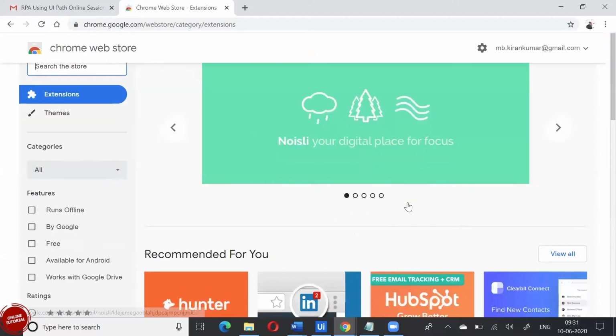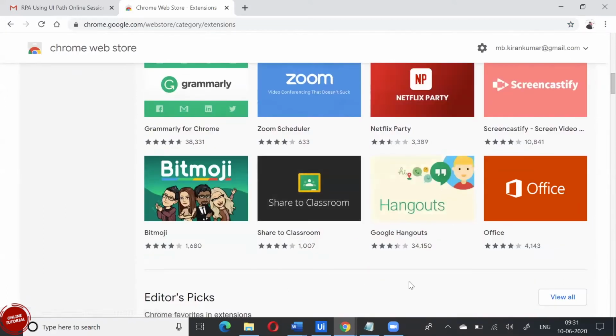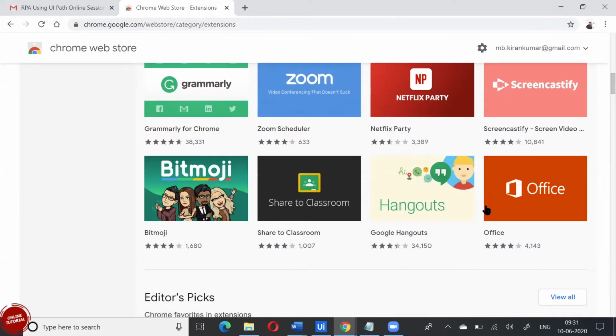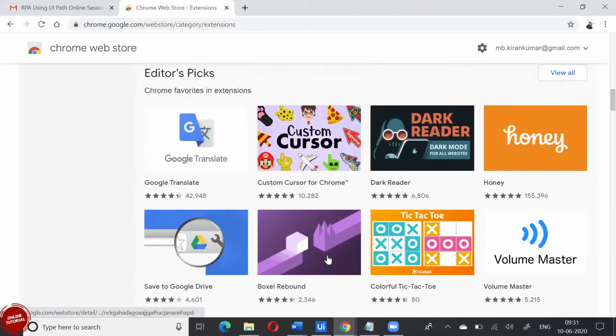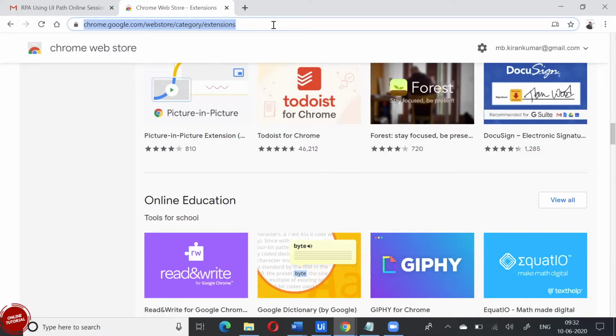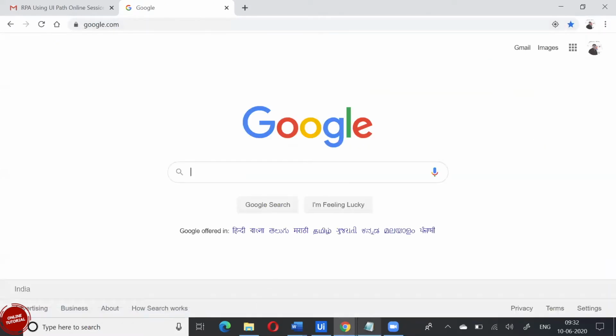Like this, you will have enough extensions for different purposes. What it does is it directly connects with the respective application. By default, they are not intended to connect to any of the other applications, but these extensions will help you connect to various applications. For example, in UiPath, why is it required? I'll show you an example before we install the extension.